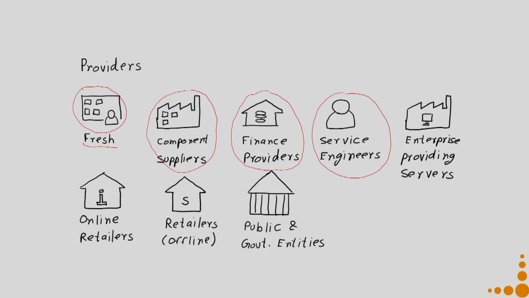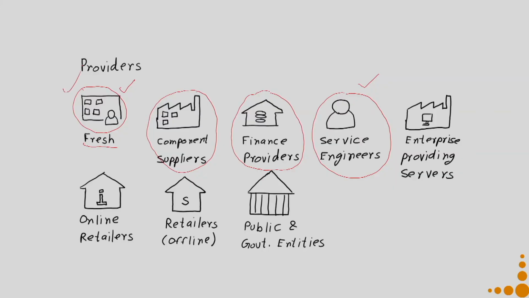Here you can see the first icon is an entity which is an enterprise. This icon represents an individual. So, in this particular context, if in my system I want to talk about the service engineer as an individual, I use this icon. But if I want to talk about the service engineering agency, I will have to use this first icon.